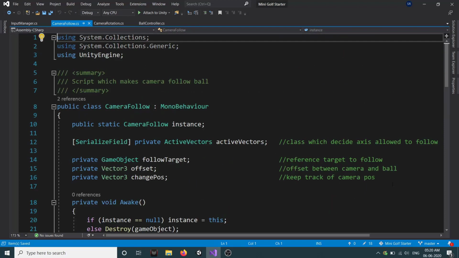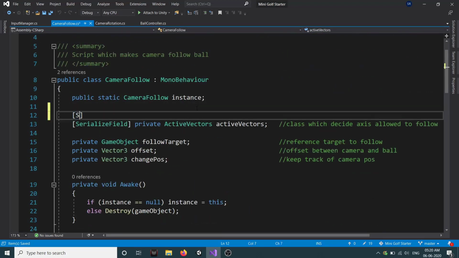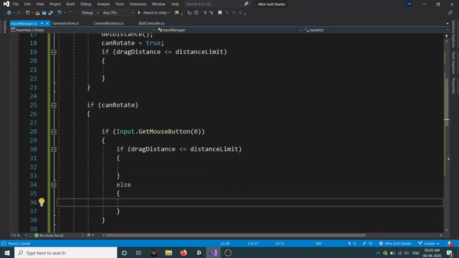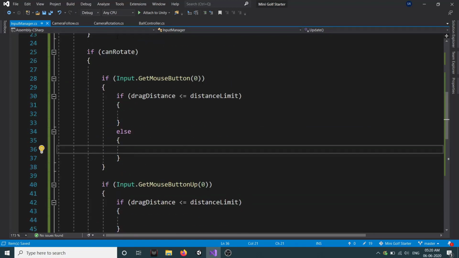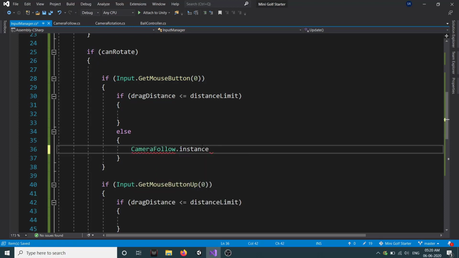Or what we can do is in our camera follow, as we have an instance for it, we will create a new serialize field, and we will call this private cameraRotation, as both the scripts are attached on the same game object. And here in our input manager, on this condition, if canRotate is true and GetMouseButton(0) is true, in this else condition we'll just call our CameraFollow.instance.